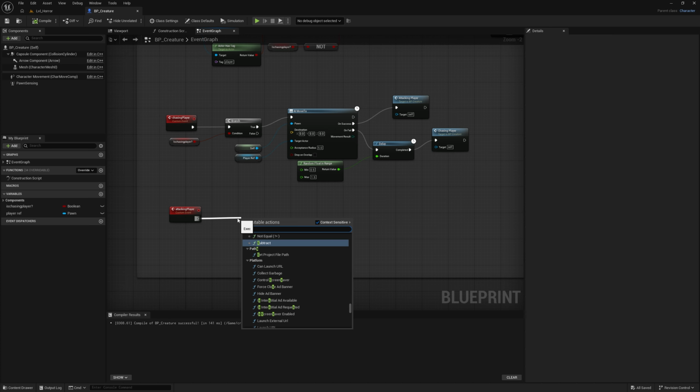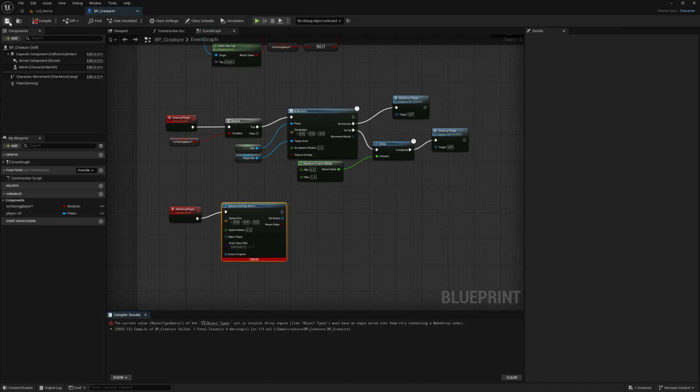Click here, sphere, overlap actor. Okay, file save. Of course, because we did not complete it yet, that's why the compile is error. And to check if we are close enough for him to attack us, we need to work with the sphere position. So again, to check if we are close enough for him to attack us, here